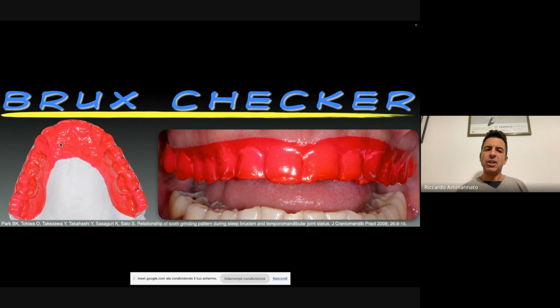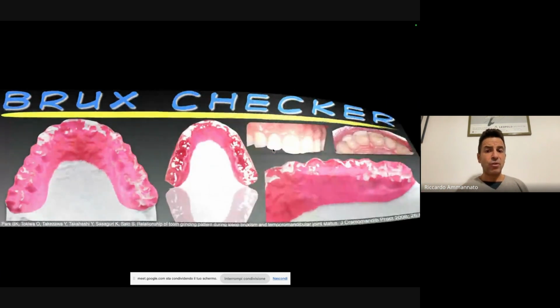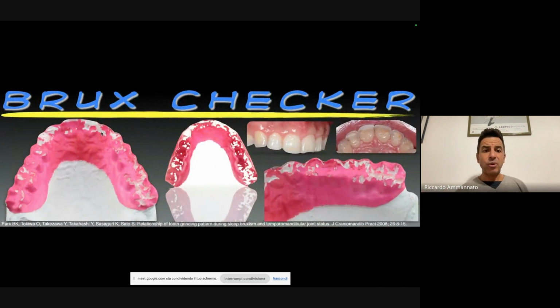I also manage these cases with the Brax tracker because I want to see overnight how the patient behaves, if he's bruxing, and I want to map and read all the paths the patient is doing that night. So for me, this is very important. We can see here the situation after he has worn it for one evening.